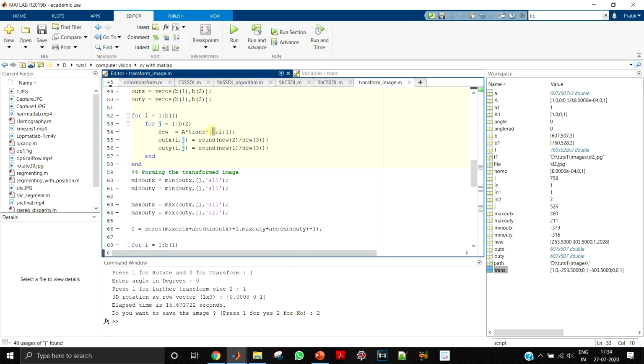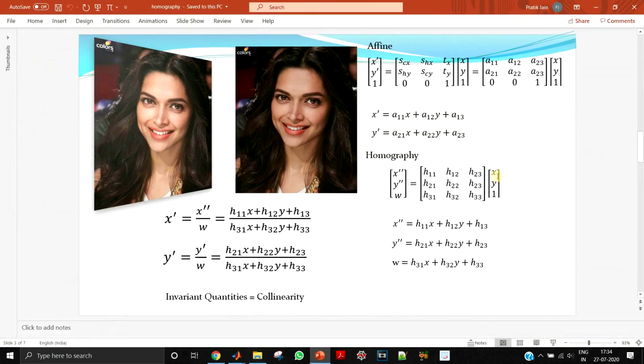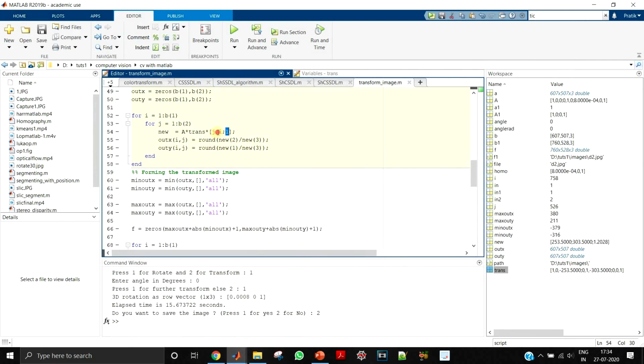So x is j, y is i, and 1 because we are in homogeneous coordinates. This is precisely this thing over here, x, y, 1. Since this is a column vector, I have used a semicolon over here. Semicolon means go to the next row, so this makes it a column vector.